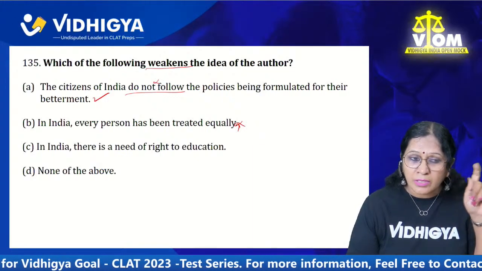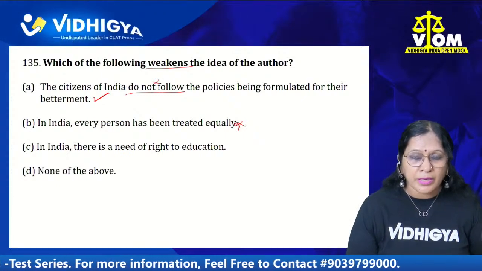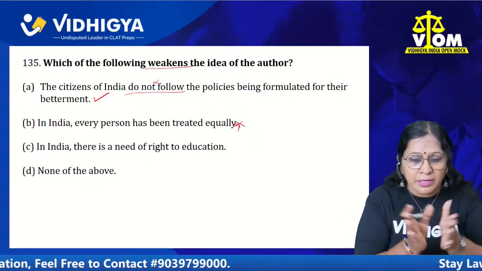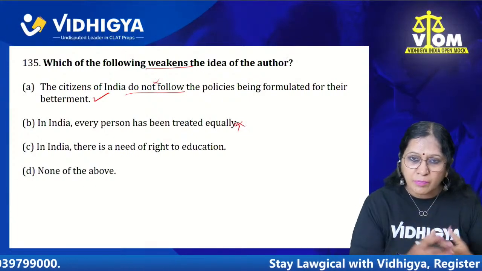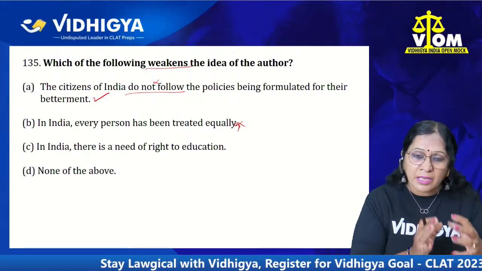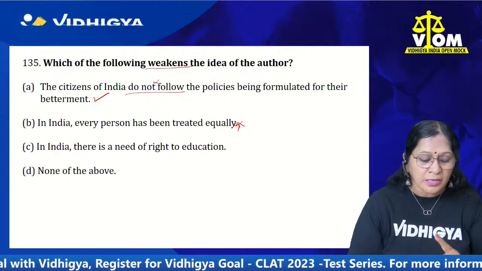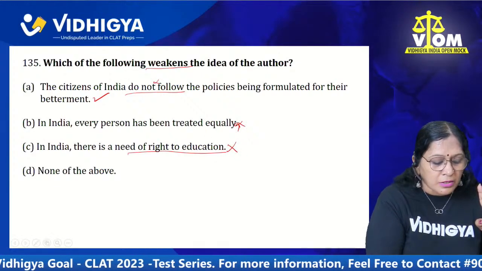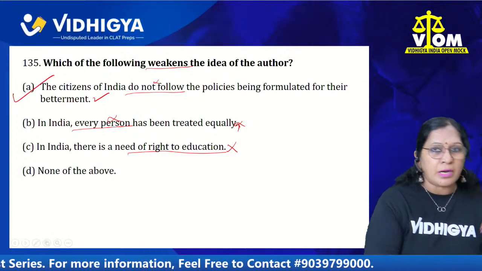The author's idea was what the PM said, that we have to do something for the progress of the country. We need to bring our country ahead by removing all those obstructions like divisiveness and all, and then bring them together. For this, we need the youth. So it was talking about the policies, the coordination, the unity and the equality that was not given to the fairer sex, that is the women, right? So it was focused mainly on that, not a broader term of right to education, not a broader term of every person, and hence only A will be your answer,